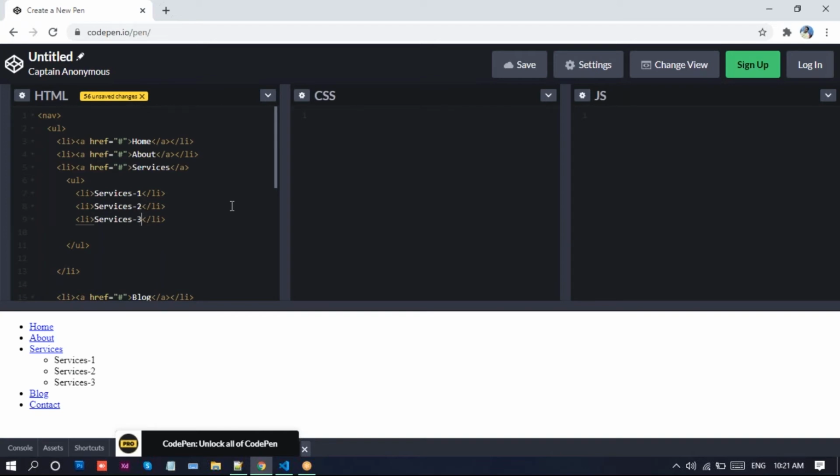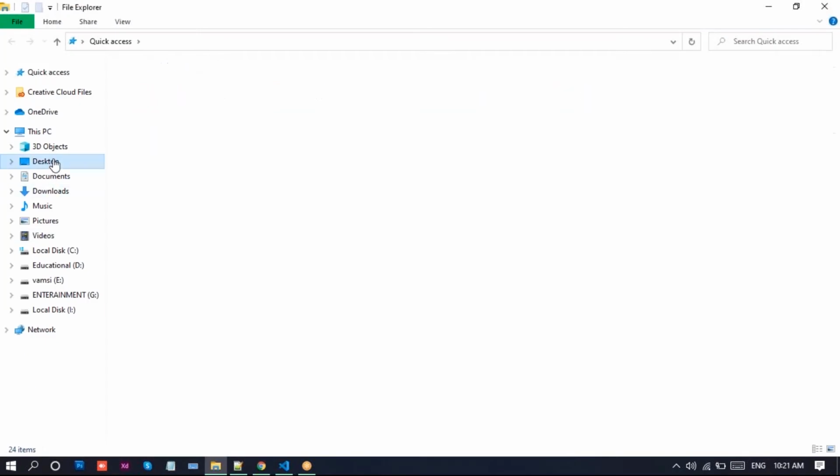First, you know how to create this navigation, which we discussed in yesterday's class. In yesterday's class, we observed that in the navigation we have some paddings and margins.